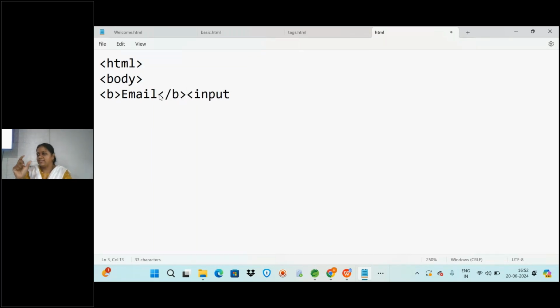And you want the size also very big, then you can give the size here like H3 or H2 and open it. So whatever you write in between the tags, that will be applied to the email. Now what is the text given? Email. For this email, what styles are applied now? Bold and H3. H3 is for displaying in big size, bold is for thick.